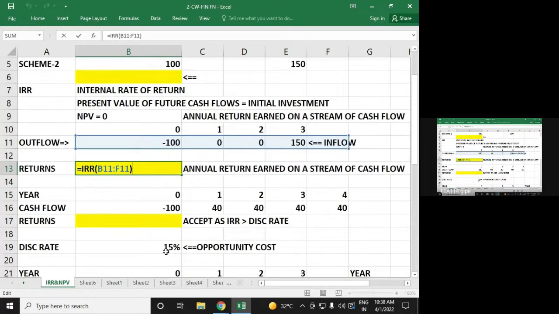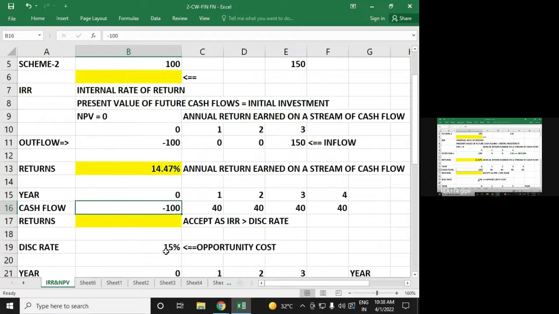मतलब यही 100 rupees हम यहाँ नहीं डालते, कहीं और डालते तो हमें 15% मिलने वाले थे. So it makes sense to put this money here. So 15% therefore is my opportunity cost. 21% therefore is my IRR. Now